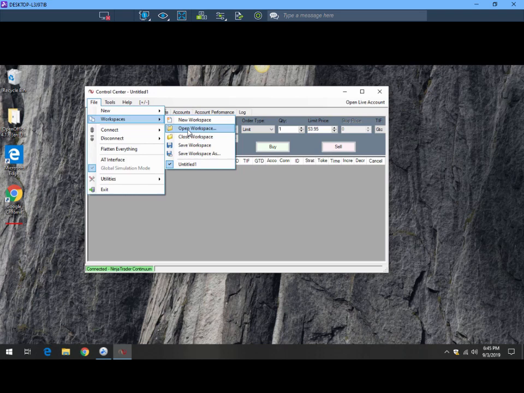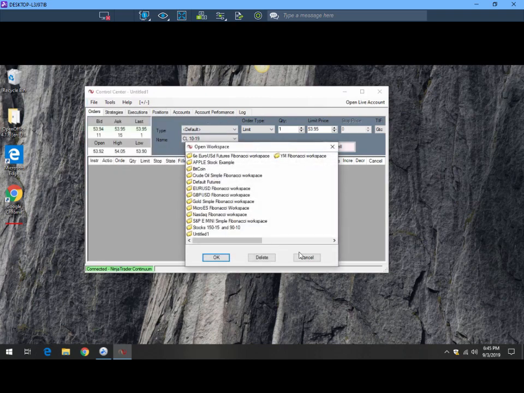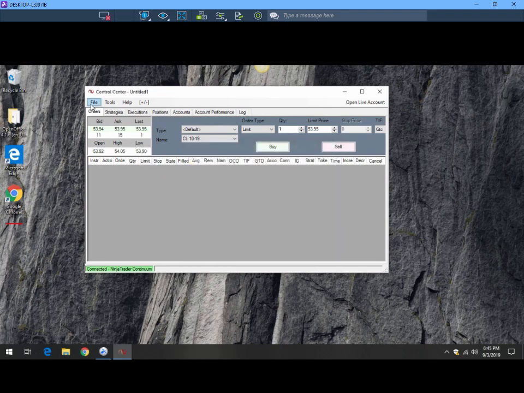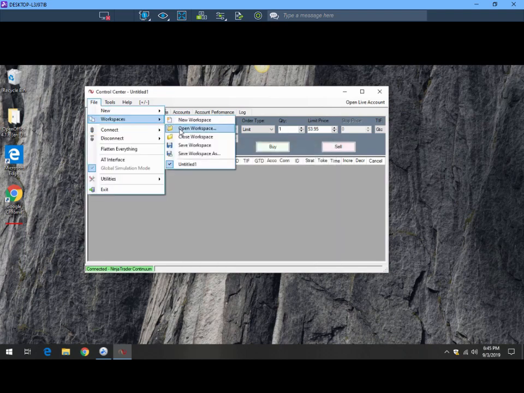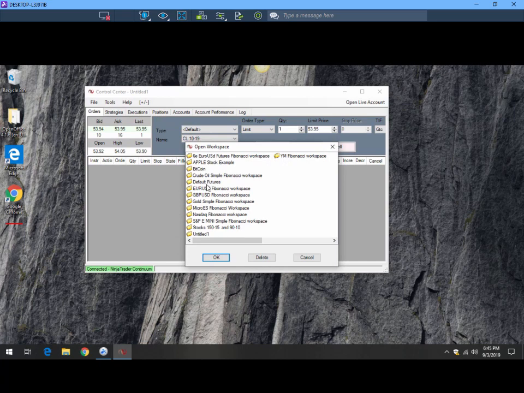In other words, I can't open up two workspaces simultaneously. I can only see one workspace at a time in NinjaTrader 7. So I have an Untitled, which is empty as a placeholder. I'm going to open up a second workspace. I'm going to go in here and go to File, Workspace, Open Workspace, and then I'm going to select the